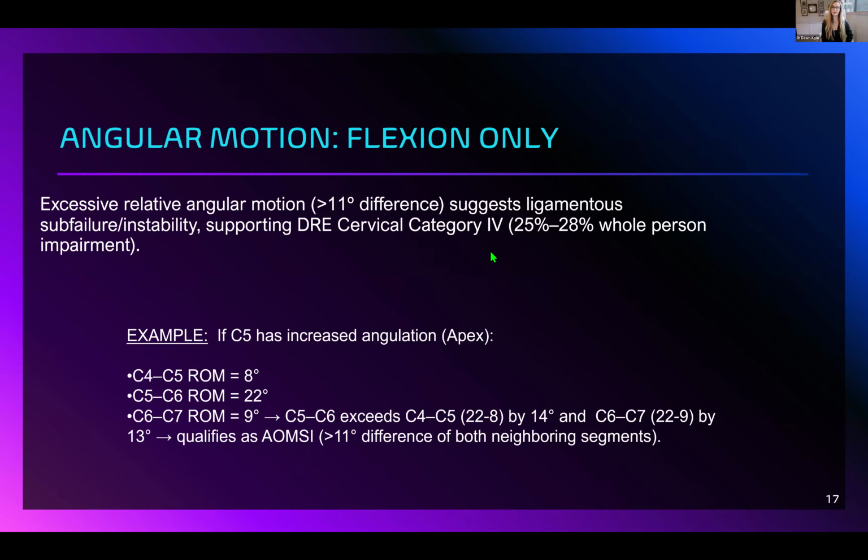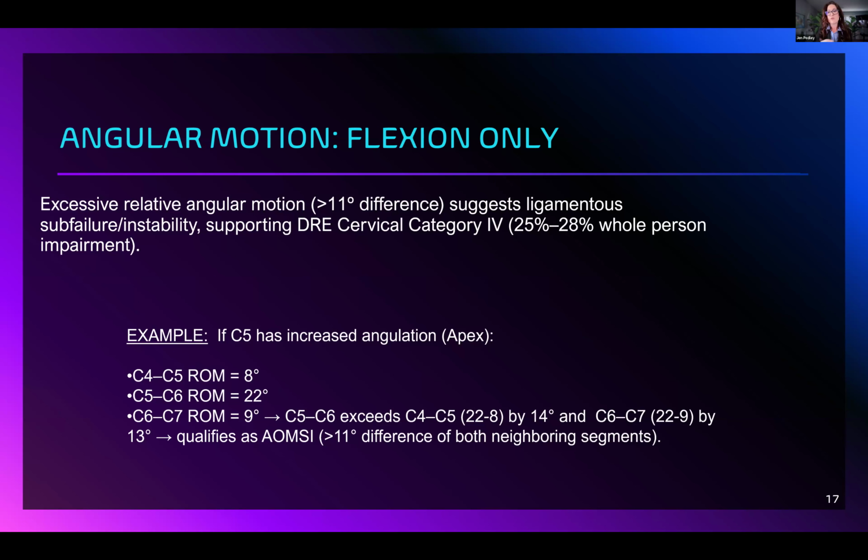Do you provide this measurement differently? Do you do the math on this in your report? I do. Even with the translation too, I will state how much anterolisthesis, retrolisthesis, resulting in a total translation of, let's just say, 3.6 millimeters. And then after I get done with all my measurements, I do put a caveat in there, like anything that is greater than 3.5 millimeters indicates ligamentous instability. Even with angular motion, I will reinstate, according to the AMA guides,